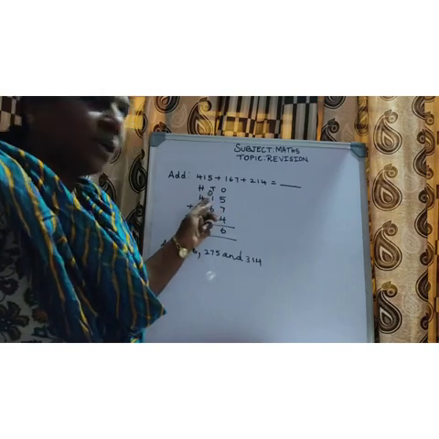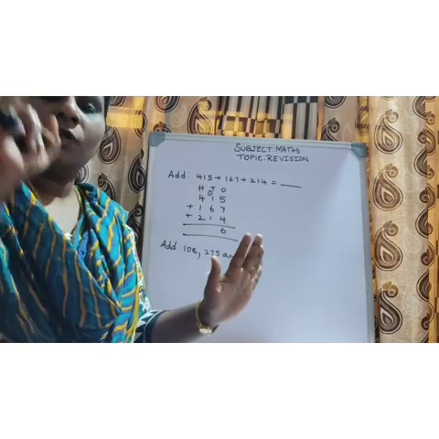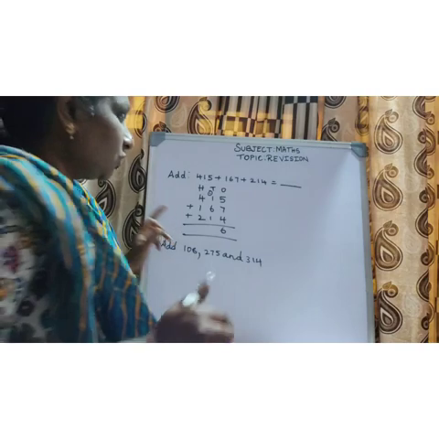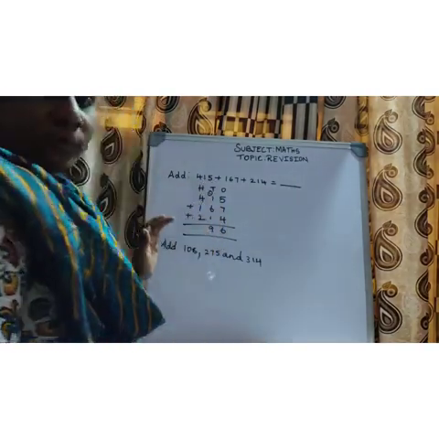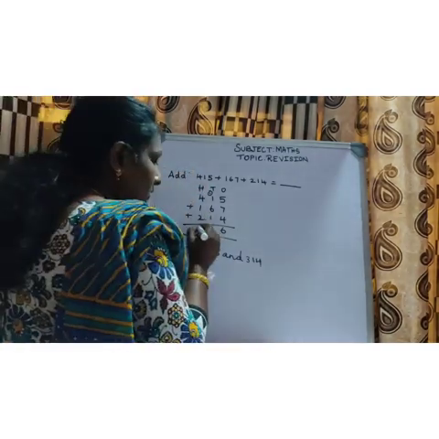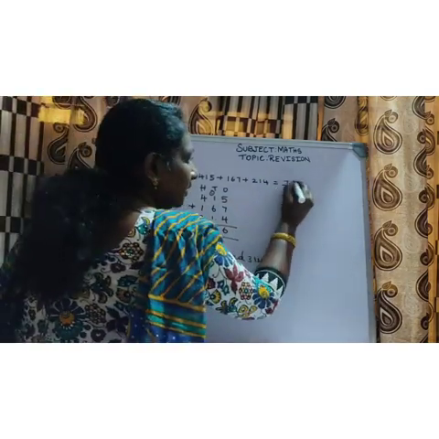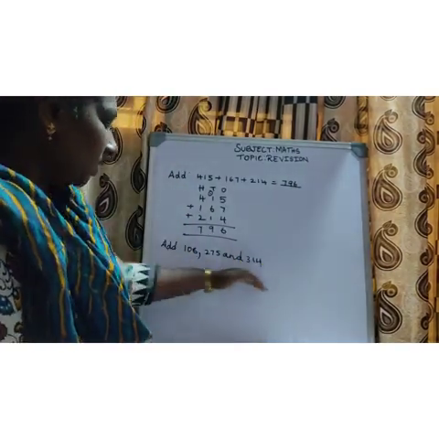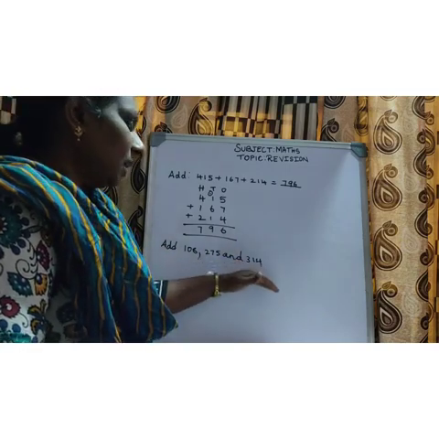So 1 plus 1 is how much, children? 2. So 2 in your mind, 6 show it in your finger. After 2, 3, 4, 5, 6, 7, 8. So 8 plus 1 is 9. Write the answer here, 9. So 4 plus 1 is 5. 5 plus 2 is 5, 6, 7. So write here 7. Okay. So now the answer is 796.